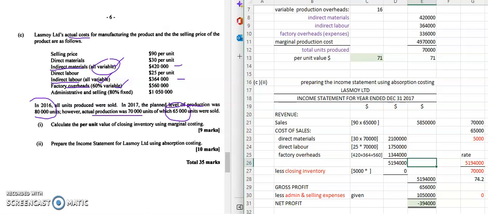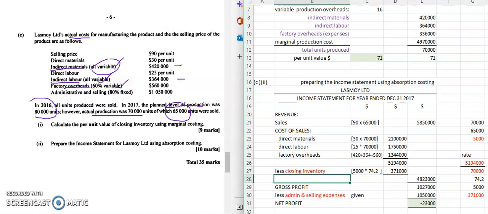So remember that absorption costing will usually give you a higher figure than marginal costing because it includes obviously the fixed overheads. So let's multiply out this number and we get that the closing inventory, when I multiply 5,000 by the 74.2, is